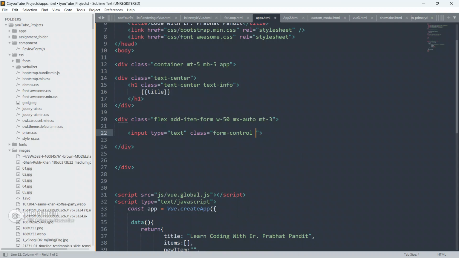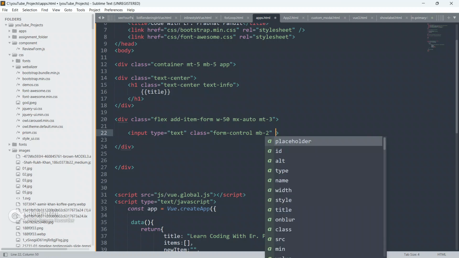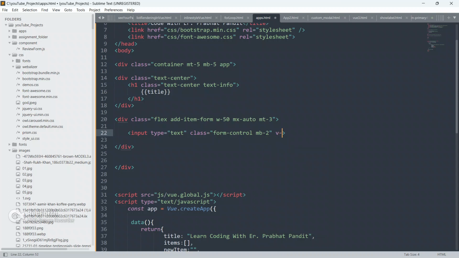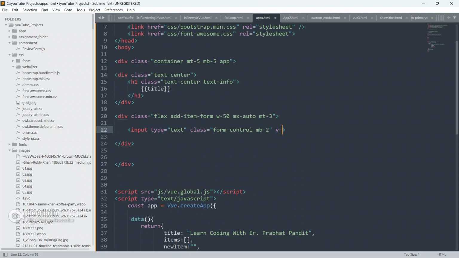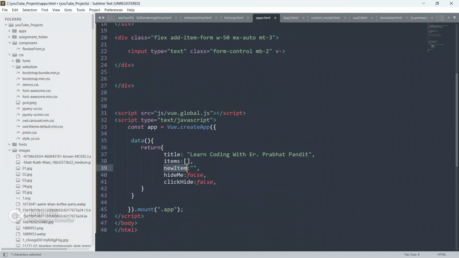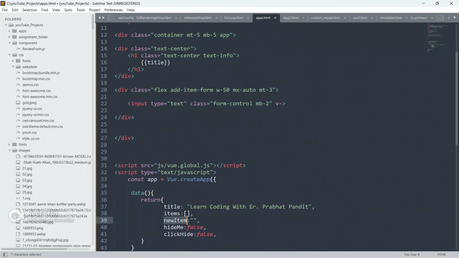Input, give type text. Give class also form-control and mb-2. Now I'm gonna give v-model also, because v-model is used in two-way data binding from this input field to this Vue instance and from this instance to this input field. That's why I'm gonna use v-model for two-way data binding.